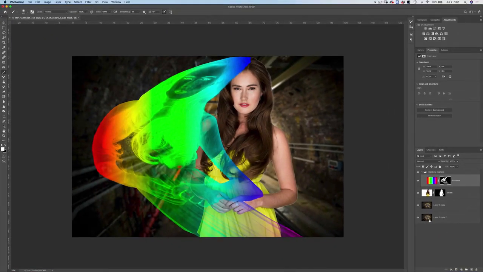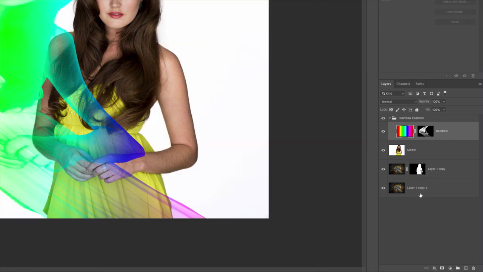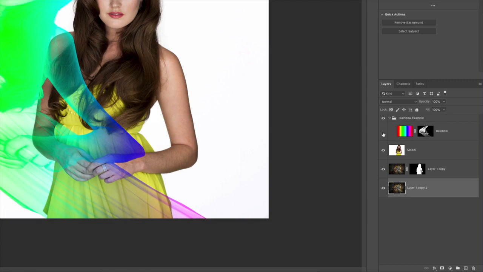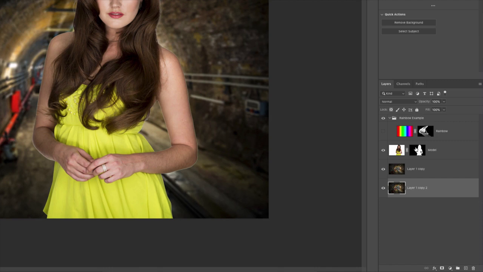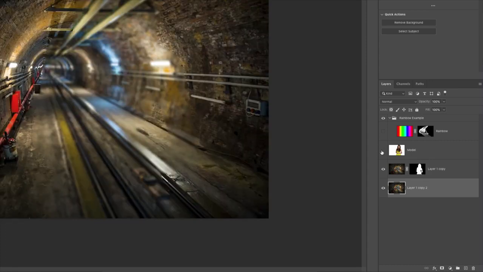Let's talk quickly about rearranging different masks onto different layers. If at any point you want to relocate a mask to a different layer, it's super simple. You just click and drag. Okay, let's turn off the visibility of our rainbow layer for this. So we had the mask on our model layer, and now we can click and drag and apply that mask to a different layer underneath. Okay, so we can see what we were able to do there.